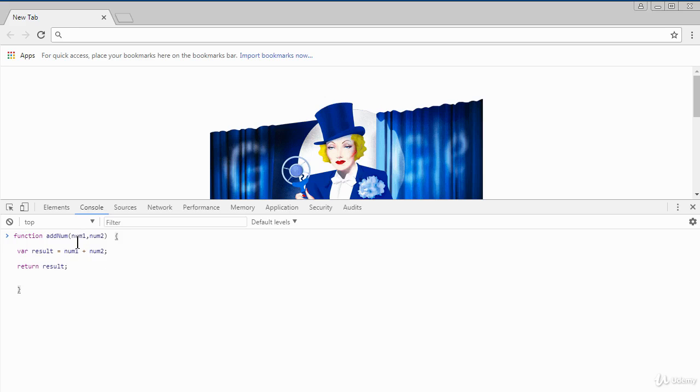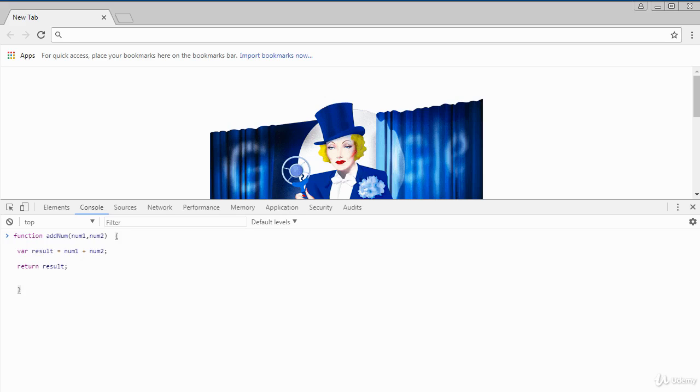You can see here num1 is an argument, num2 is referred to as an argument. And once you specify the arguments, if there are any, inside the parentheses, then you have the curly braces. You've got the opening curly brace here and the closing curly brace. And in between the curly braces is the block of code that has to be executed